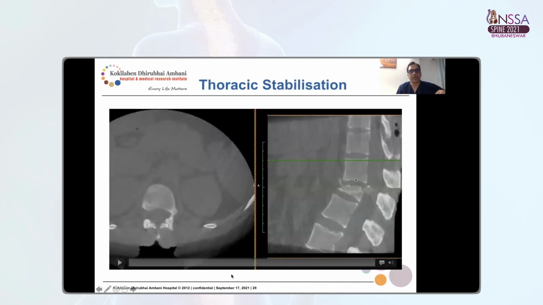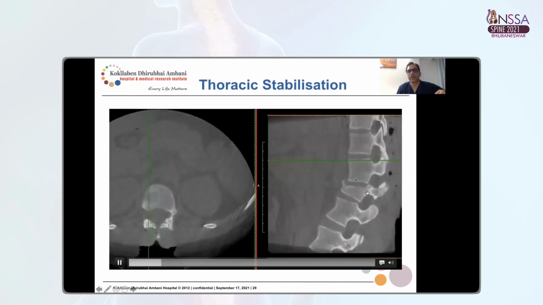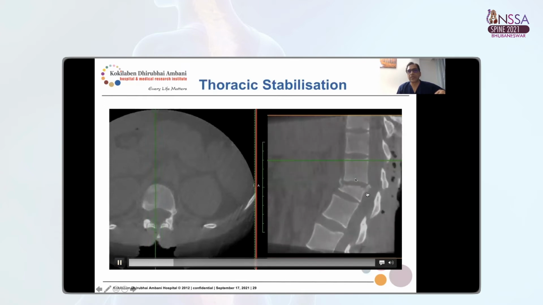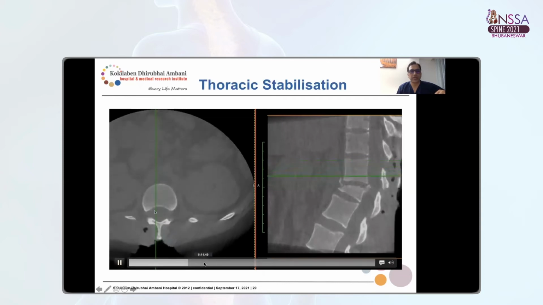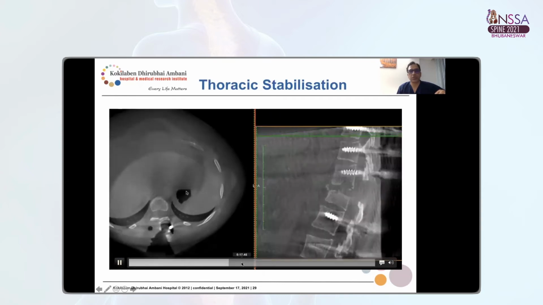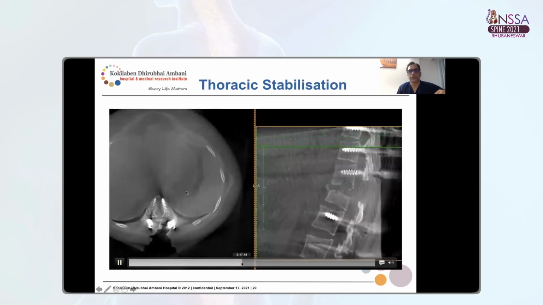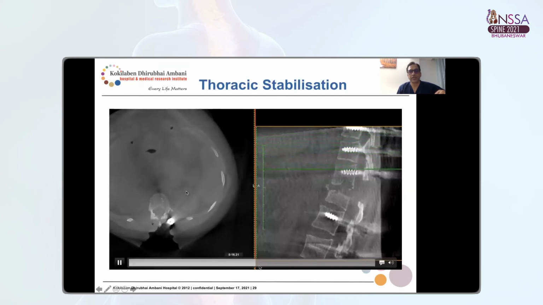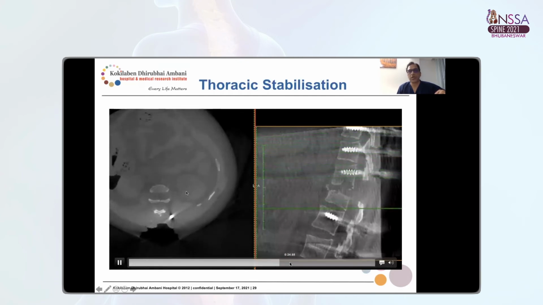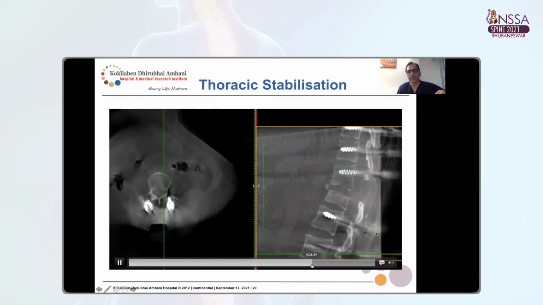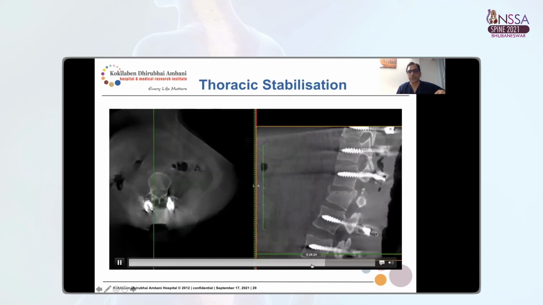A similar thing we can do in thoracic lesions as well. Here is a patient with trauma, with a burst fracture, with an extruded fragment into the canal. So we did a decompression and removed the extruded fragment, and then a long segment fusion and posterior pedicle screw fixation. This is the O-arm taken, and in fact, we used the O-arm and navigation to put the screws in this patient.